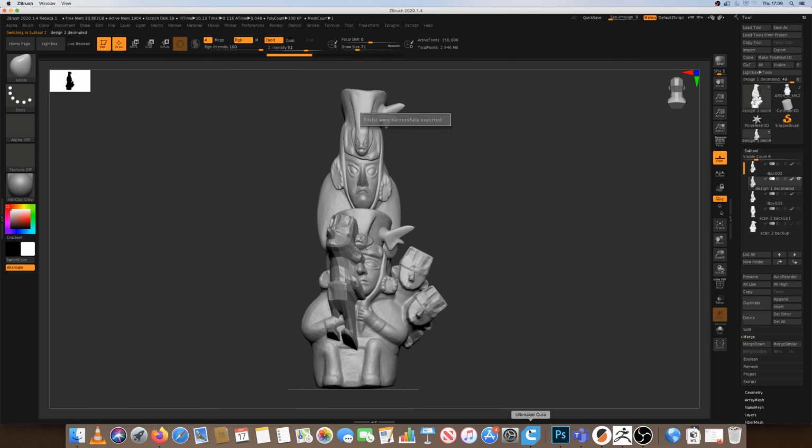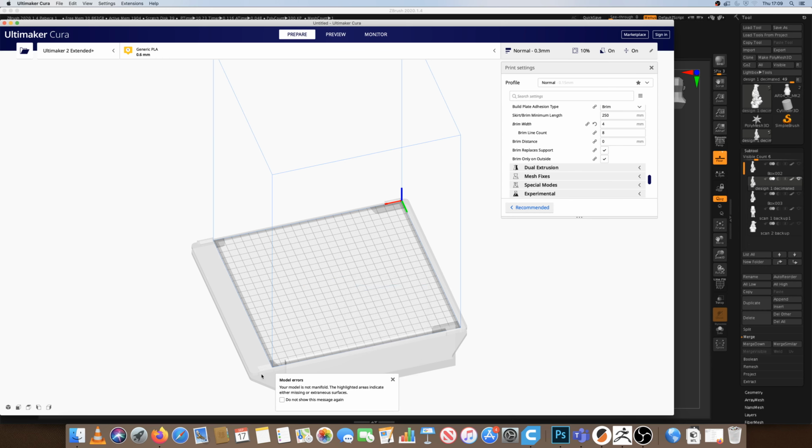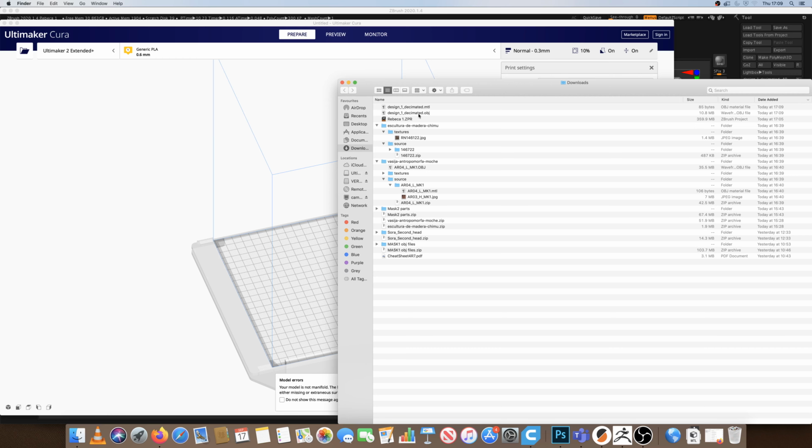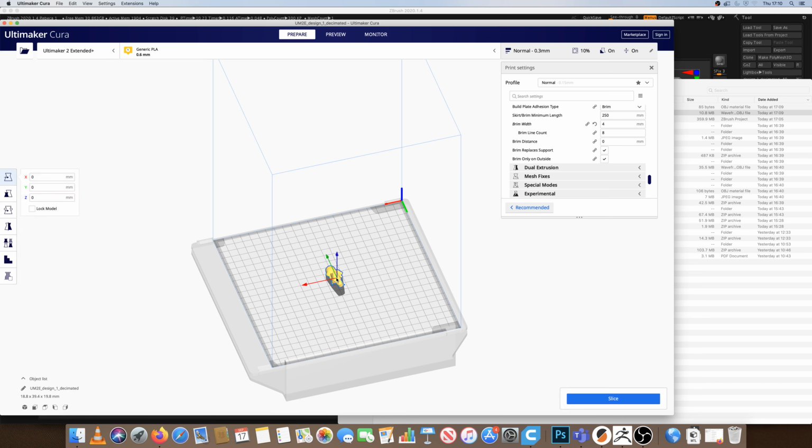And then next week I will show you the slicing of the file in Cura. So Cura is the 3D printing software, which I will have showed you in the induction. But basically, we'll just pull that OBJ into Cura and we'll pick our print settings. So our layer height, our infill, all that kind of stuff. And we can do all our scaling and things like that in here. So, you know, if we make this 15 centimeters,